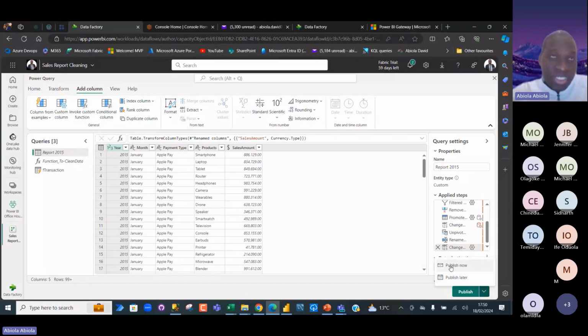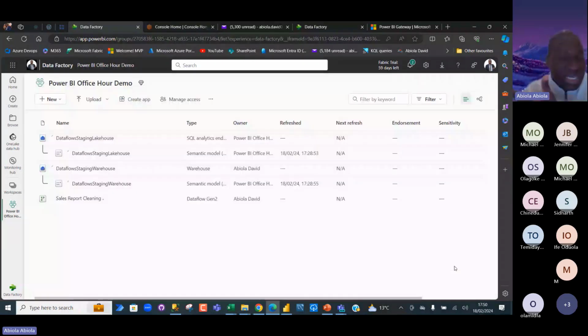You can publish into your OneLake, or I'm sorry, your lakehouse, or even your warehouse, but I think I actually missed that step. So just go ahead and publish, and then wait for the report to be published. That's basically how we can perform the data cleaning in this scenario. Once the data has been loaded into either your lakehouse or your warehouse, then you can begin to query the data. That's how we can clean data in Dataflow Gen2 in Data Factory. The same thing applies to data science, data engineering, and the data warehouse.